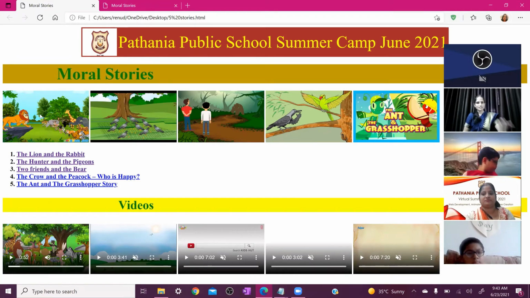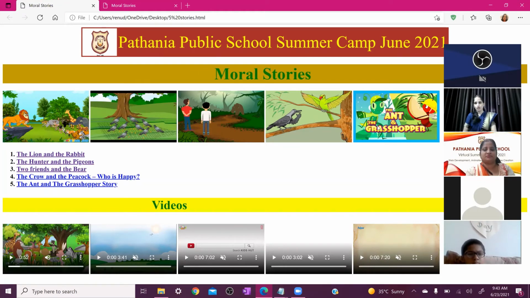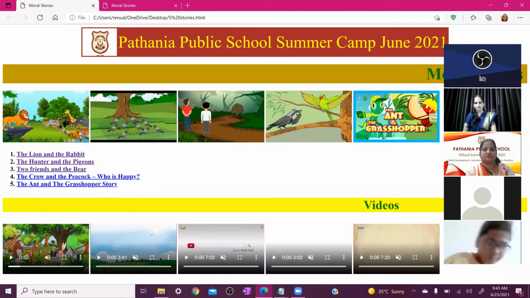Okay, so now you can see five images are there. One is this, first, second, third, fourth, and fifth. Five images are there. So how do we insert these images here? We try it now. Yesterday in class we also learned the img tag, so again we use img here.